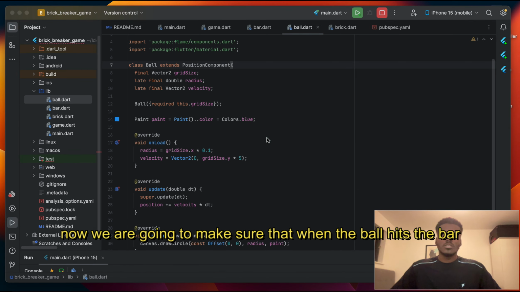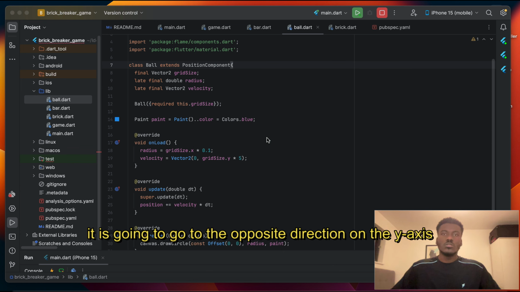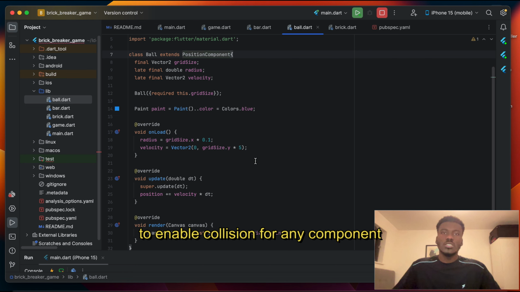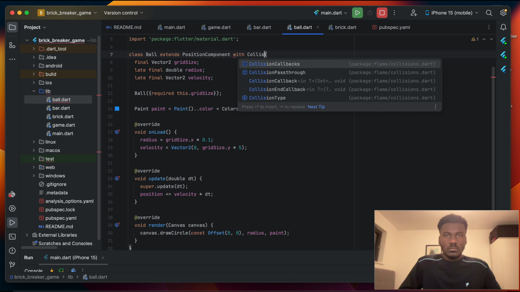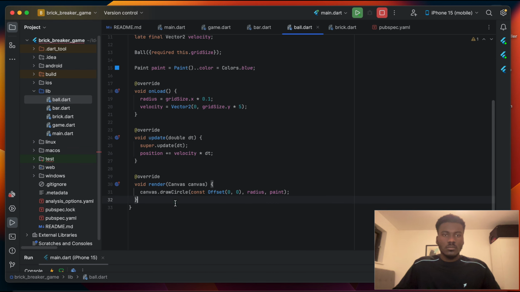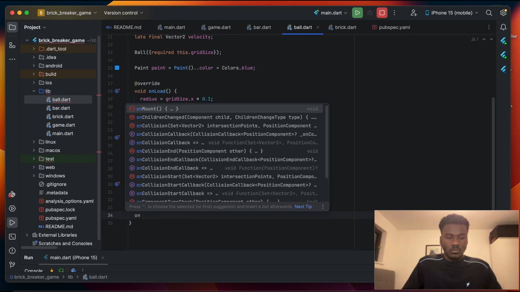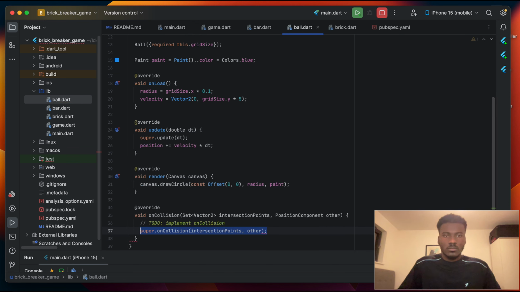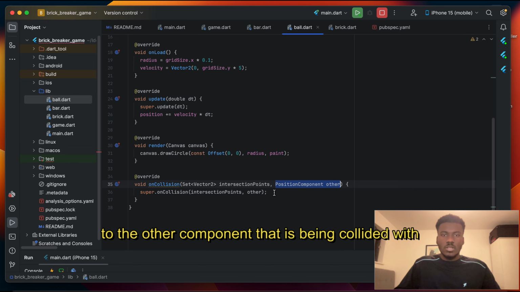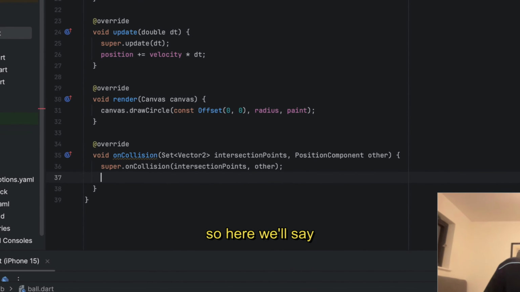Now we are going to make sure that when the ball hits the bar, it's going to go to the opposite direction on the y-axis, which is upwards. To enable collision for any component, you need to add the with collision callbacks. And this provides us with a method called onCollision. So this method provides a reference to the other component that is being collided with. So here we'll say